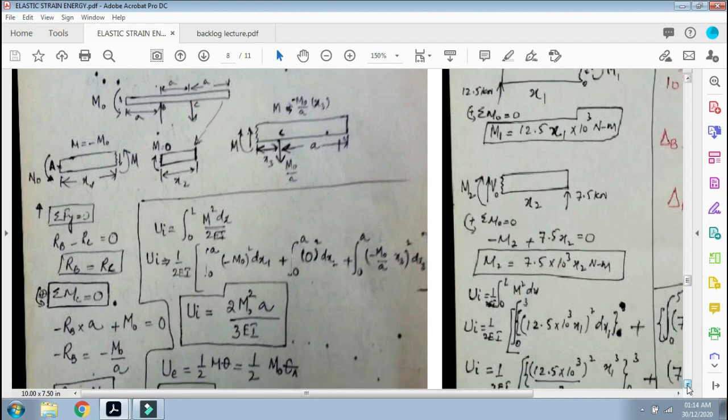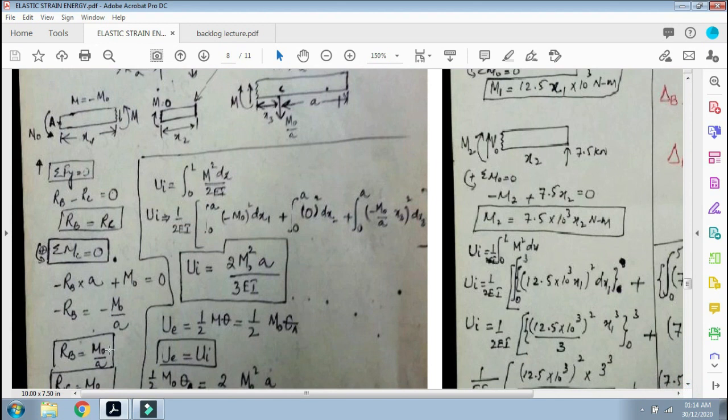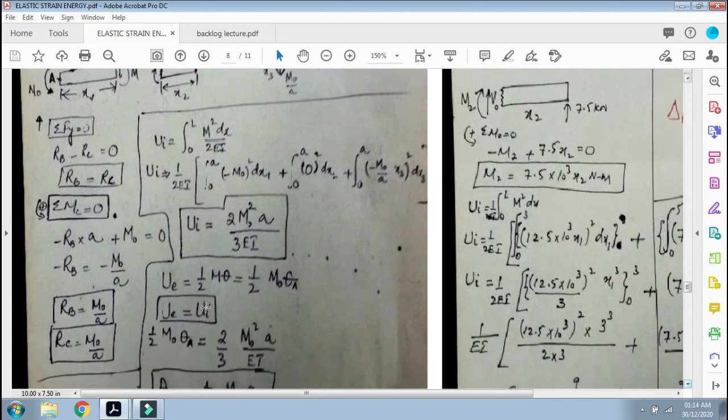So when you apply summation of moments about C equal to 0, you get RB equals M naught upon a, and you get RC equals M naught upon a. You apply RB and RC, and you know RB is also equal to RC. Now very simple,